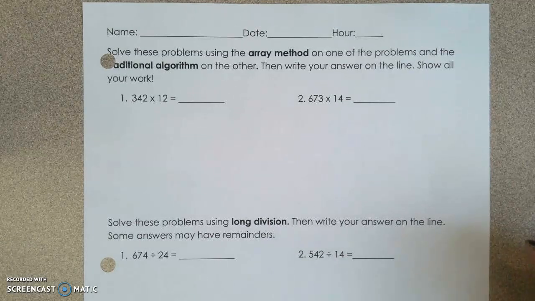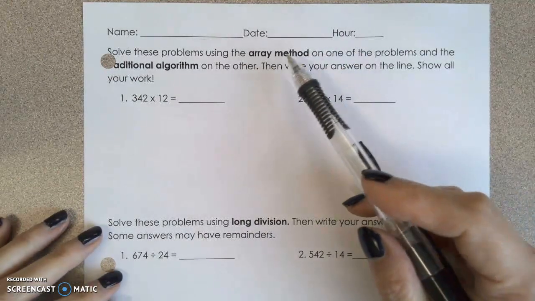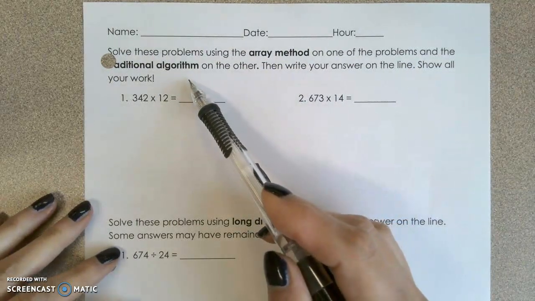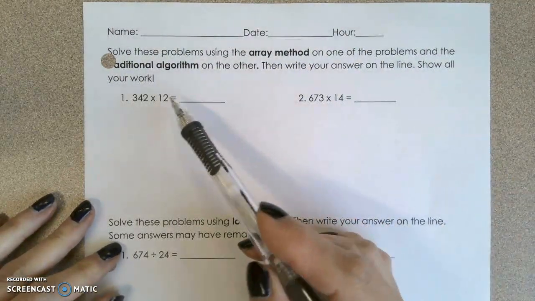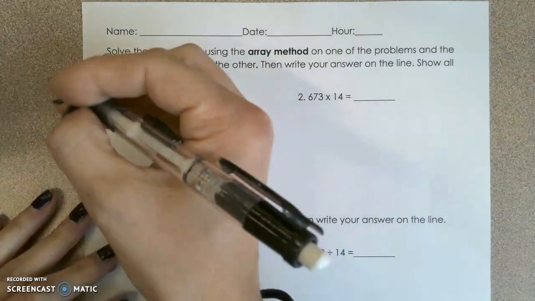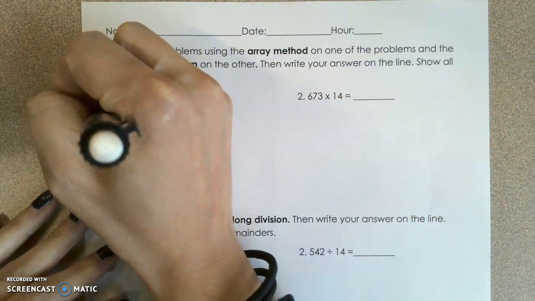We are going to review some multi-digit multiplication, so we are going to look at two different methods on two different problems. We have the array method, sometimes called the area model, and then the traditional or standard algorithm. On this first one, 342 times 12, if I were doing the traditional or standard algorithm, I would just